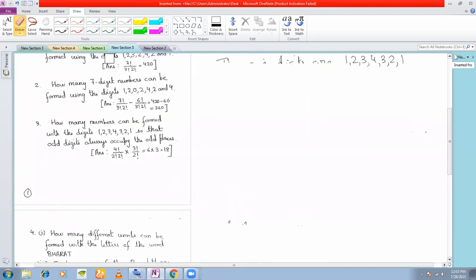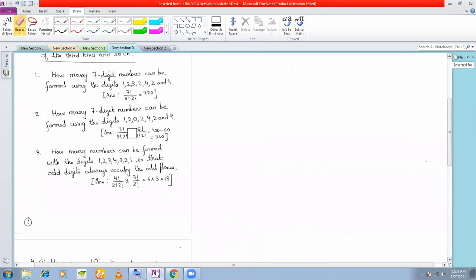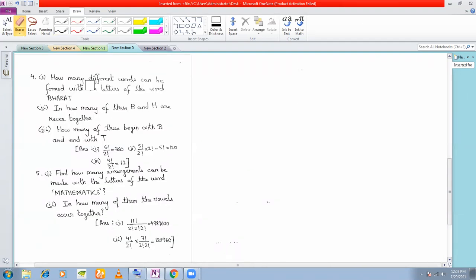Try to write down these in your copies the way I am writing, so that later on when you are revising, you are able to understand the logic. Next question is, how many different words can be formed with the letters of the word Bharat? The given letters are, let's not read it as Bharat, let's read it as different letters, so that any word that is given, words do not make sense. It is the letters that we are concerned about. The given letters are